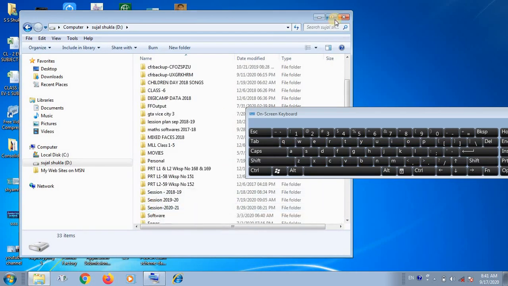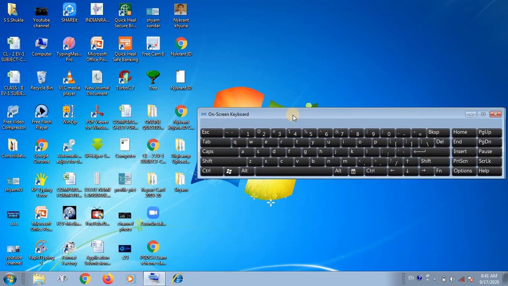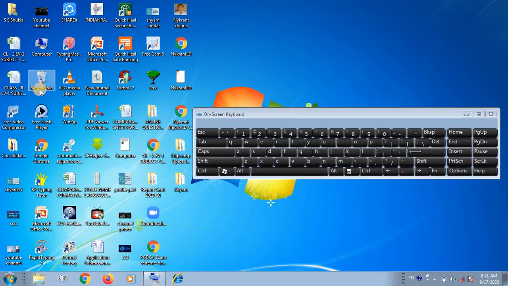Okay, in this way children, you are looking at files; always when you restore a file, suppose you are thinking this file should not be deleted, then you can restore it from the recycle bin. Okay, this is the recycle bin, about the recycle bin and deletion and restoring the file.